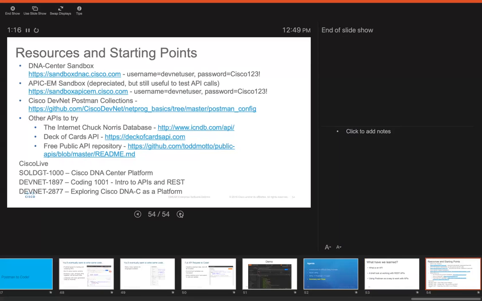Some of the other ones we looked at were the Chuck Norris database, the Deck of Cards API, and this free public API repository, so you can see other API calls you might want to make. I also mentioned some Cisco Live sessions that I thought were nice for reiterating APIs, REST APIs, and how the Cisco DNA Center works as this API platform.